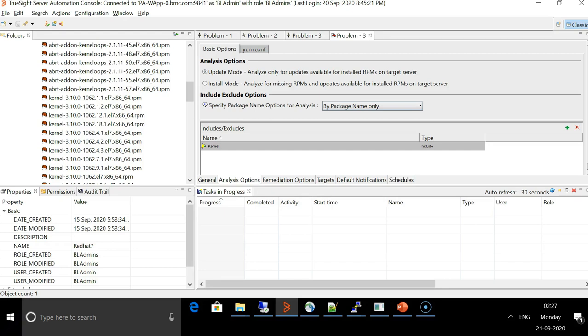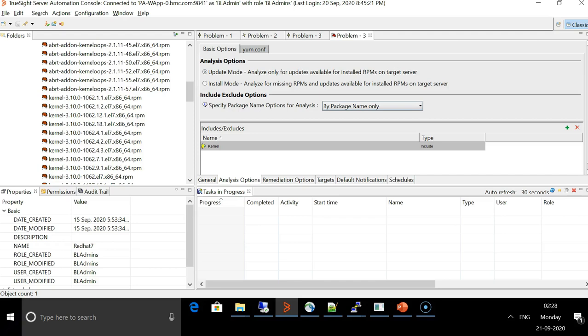Whenever there is a big include exclude list being used, it has been noticed that the patch analysis job runs longer than expected. Sometimes you'll notice that whenever there is an include exclude list, the patch analysis, when the Yum update is getting executed on the server via TSSA, takes longer than if an include exclude list is not used.